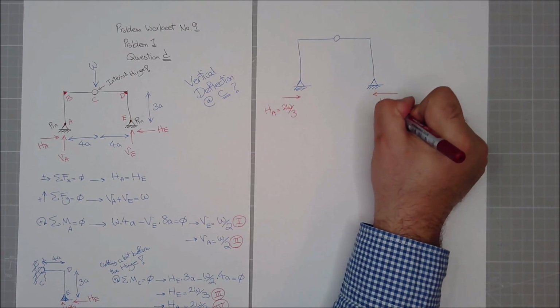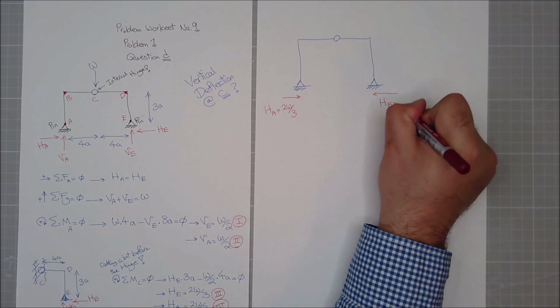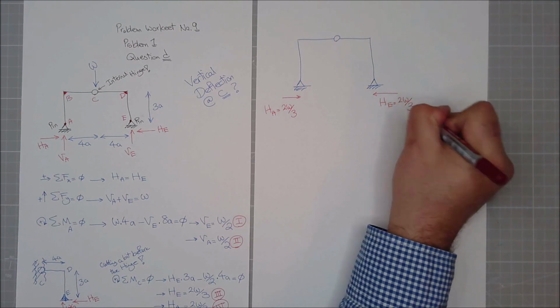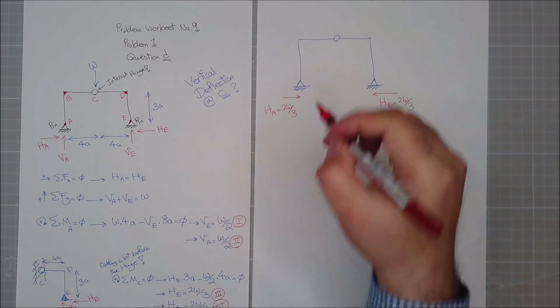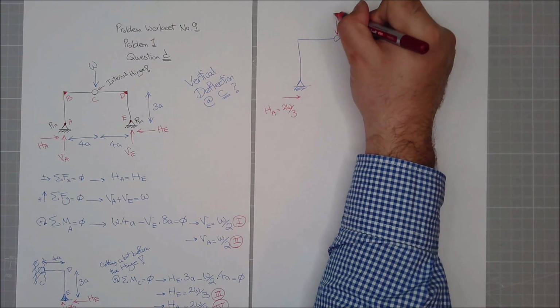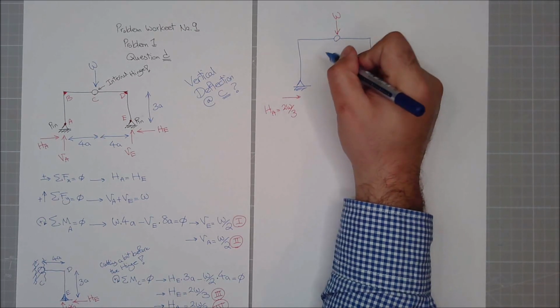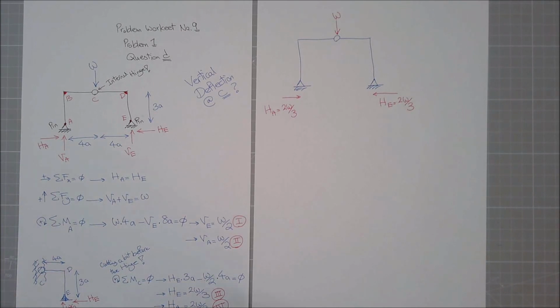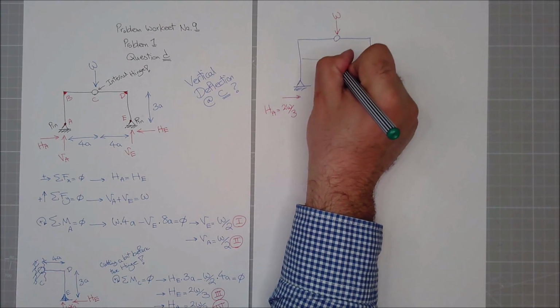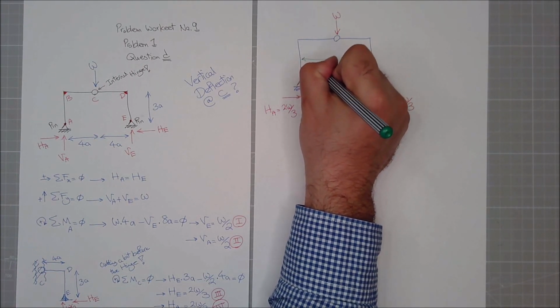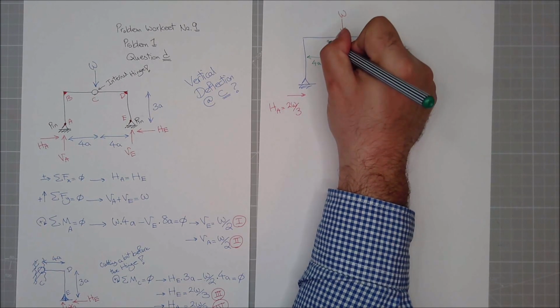They're symmetric, so HE is 2W divided by 3. I have 1W applied here as well as a load. So if the length of this guy, let's draw it with another color, if this is 4A and this is 3A,